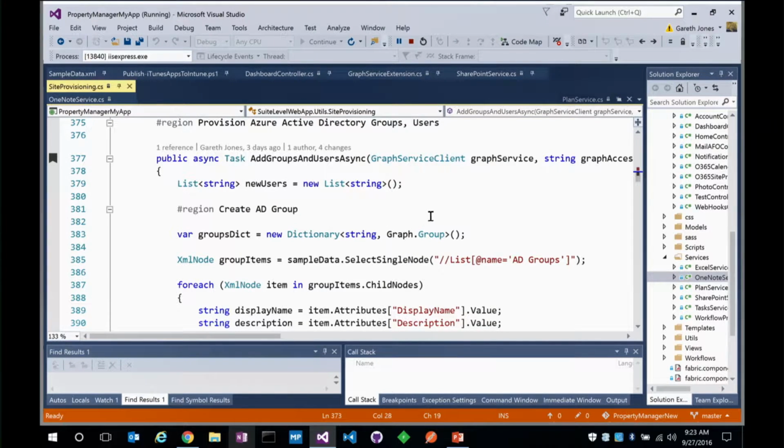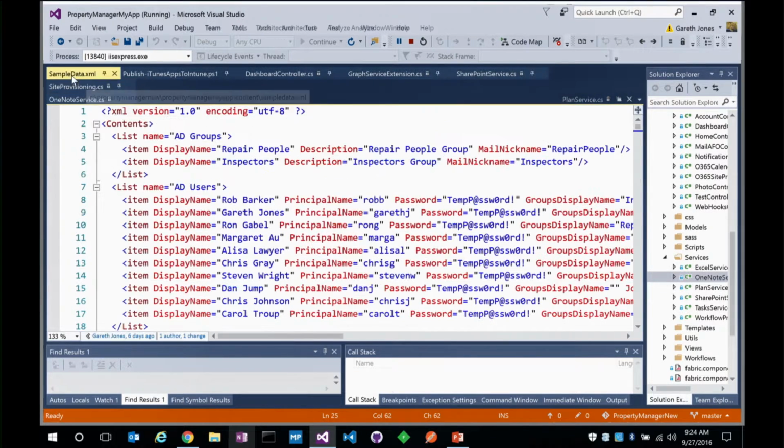So, the add users and groups async is where we're in the middle of our provisioning code. We've got a provisioning stage for this application where we're installing everything into the tenant, setting up the SharePoint sites and adding the groups. Because this is a demo, this app is going to add a set of users. In real provisioning code, I might be finding existing groups, setting up config files full of existing users, or searching the directory for user groups that exist to pull those in. But I'm just pretty much making them, and I'm going to drive this from a little XML